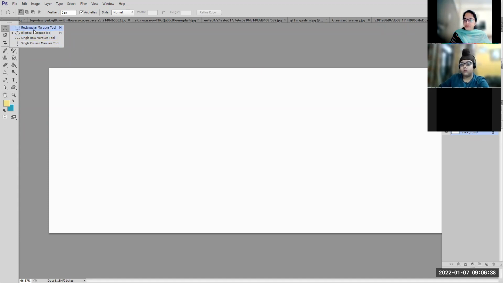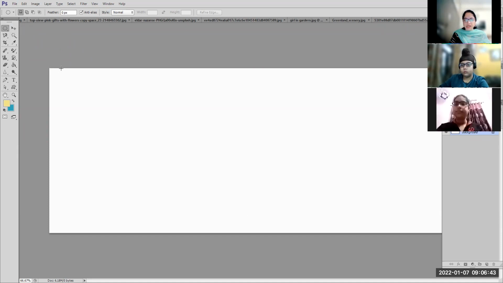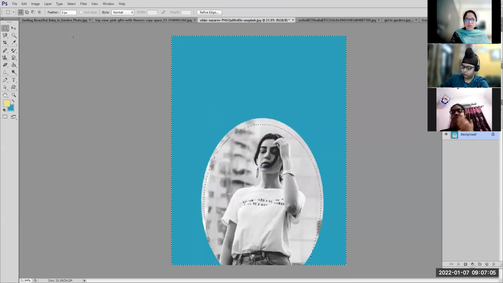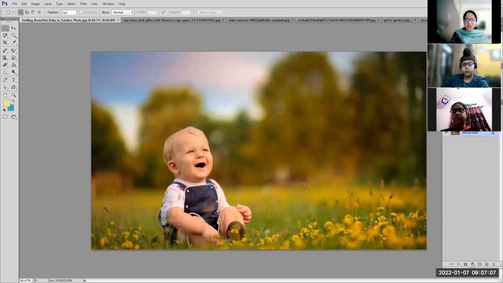Whenever we click on rectangular Marquee tool, that will allow you to select the rectangular or circular part of the image. Like I'm going to drag it here. This is the elliptical Marquee, right? If I click on this, I select the rectangular. This is your rectangular Marquee tool. You can select the circular or rectangular part. Now, as you can see, I can use it on any picture also. Suppose I'm having this picture, I can select this part in rectangular. I can delete it or I can use the move tool to move it.